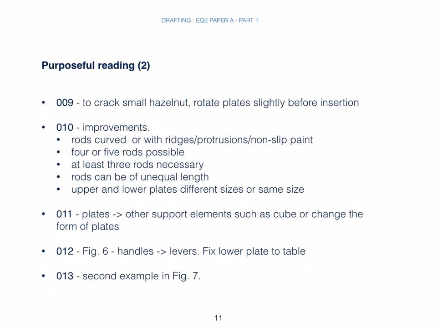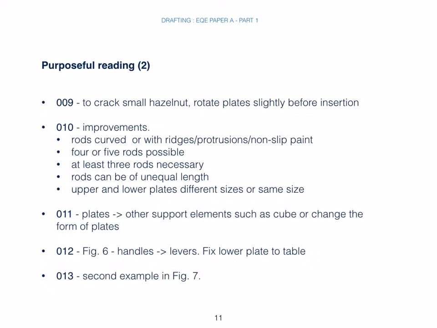So these are improvements which are important information, and I've noted down: rods curved or with ridges, protrusions, non-slip paint; 4 or 5 rods possible, at least 3 rods necessary. Rods can be of equal or unequal length, and the upper and lower plates can be of different sizes, or, as we saw before, of the same size in this embodiment as a variation. So then we turn over the page and come to client's paragraph 11,